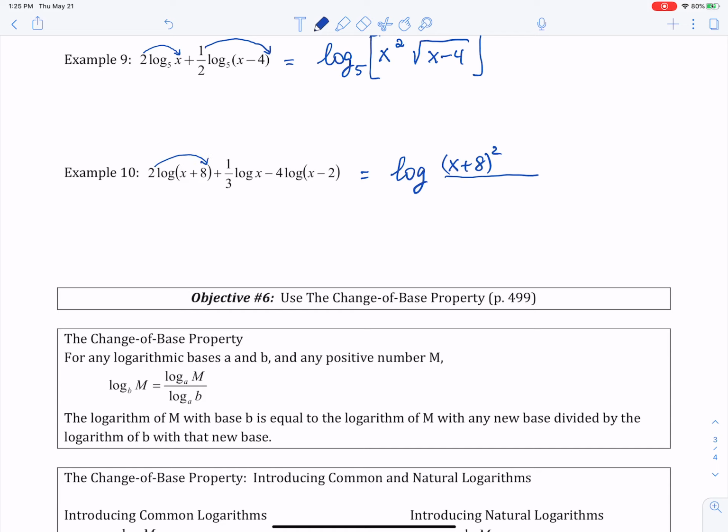moving this exponent here, then this 1/3 becoming the exponent for x is going to be the 3rd root of x. And then the negative logarithms, that 4 coming here as a power is going to give me x minus 4 to the power 4. Well, this way we were able to condense and expand based on logarithmic properties. So continue in the next